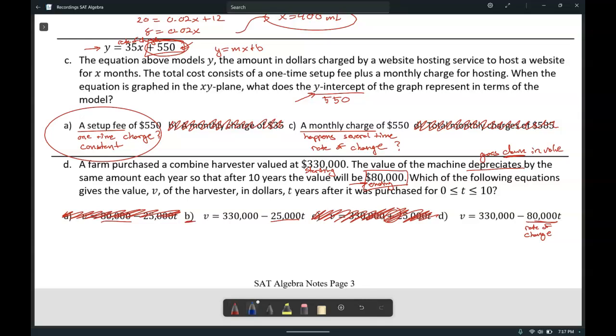But what we can do is double check it real quick. So quick math: after 10 years, the value will be $80,000. So if 10 is our value for T, we can substitute it in and see what is the value after 10 years if we use this equation. If we substitute in 10 and multiply, we're left with 330,000 minus 250,000. And that subtraction is indeed $80,000 as the ending price. So this answer makes the most sense. So we're going to go with answer